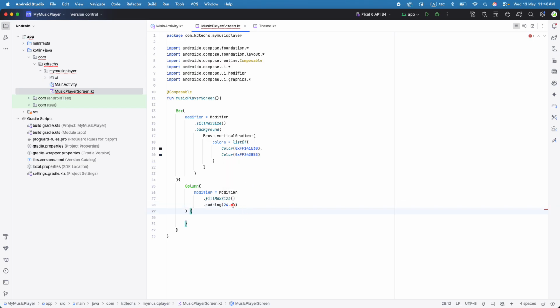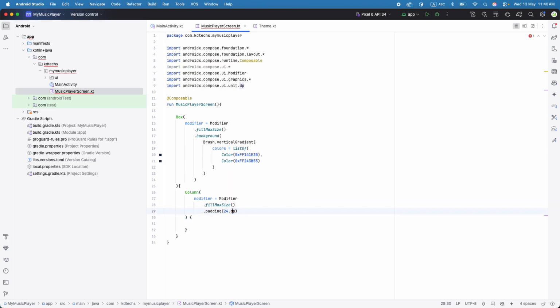Okay, now we need to import the dp also, and this one, when the unit, we can also put the static, so whatever coming dp sp will not have the extra imports. All right,